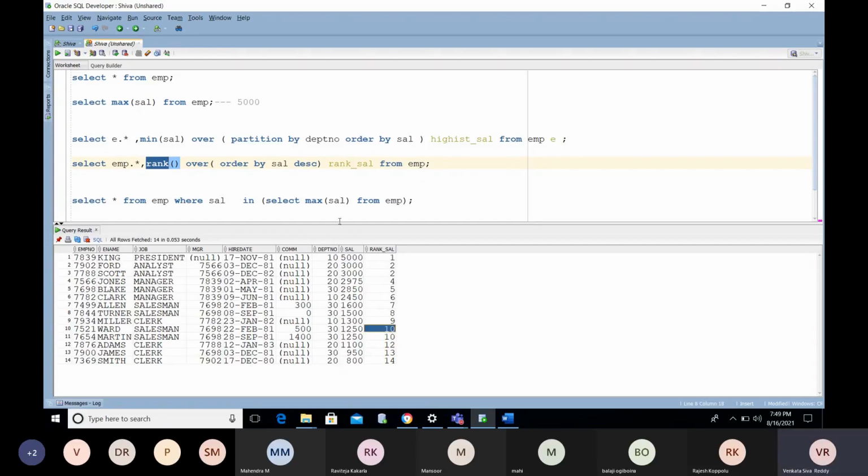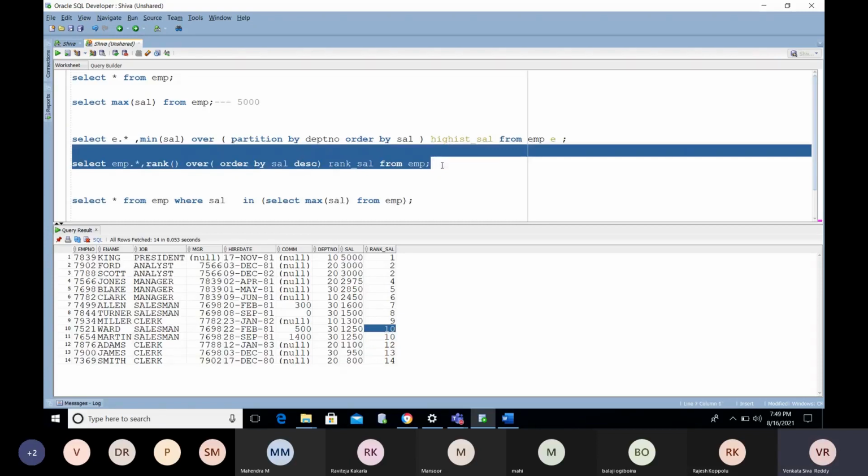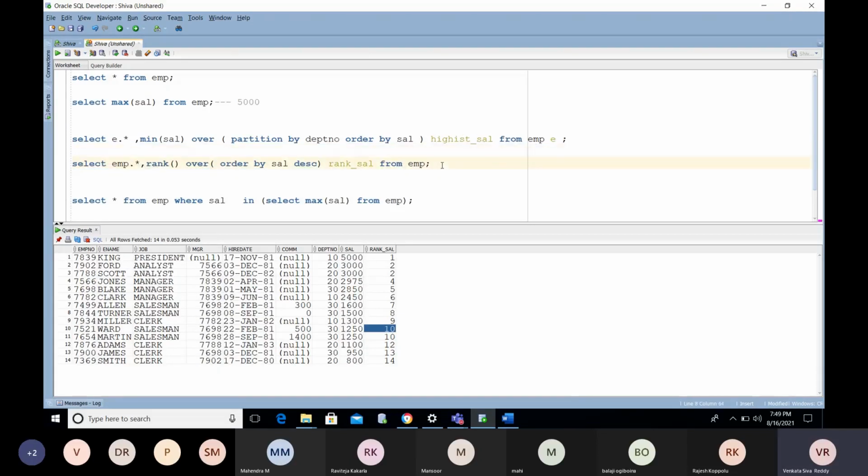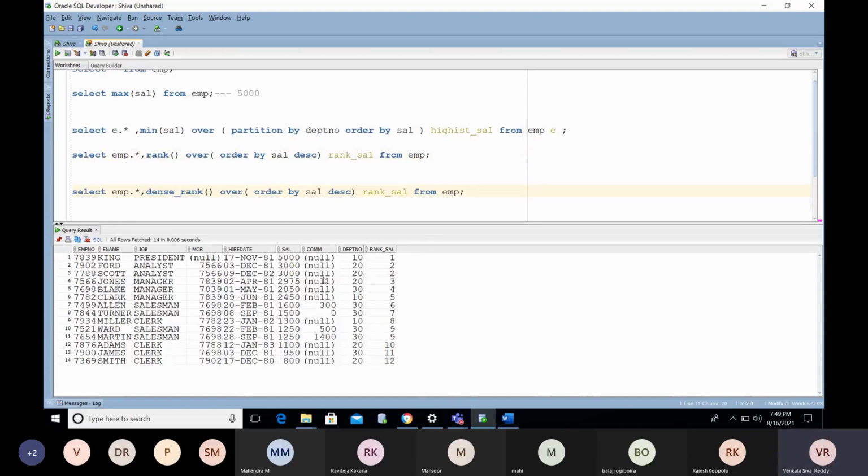To avoid that, Oracle introduced another function, DENSE_RANK. It provides the exact ranking without missing any ranks.